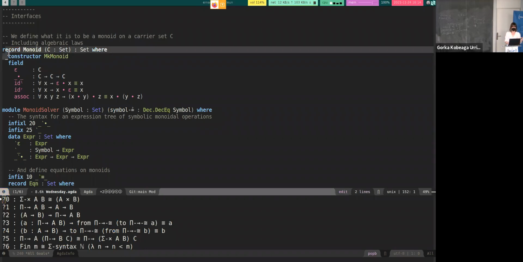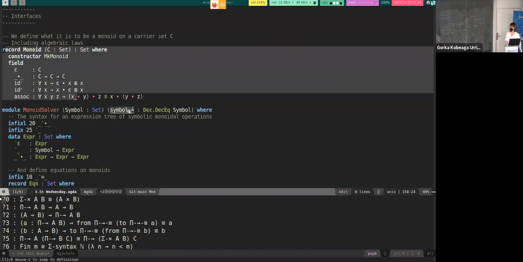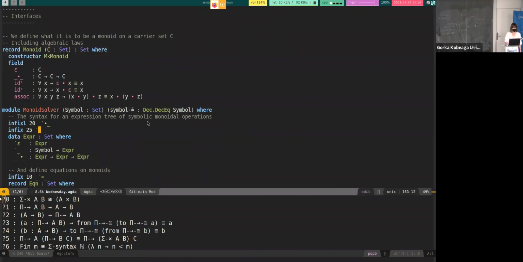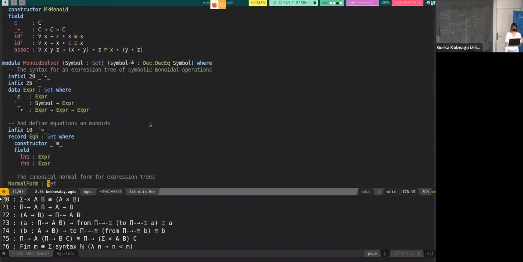As we saw before, we defined what it is to be a monoid, and now we are going to define what it is to be a monoid solver. So this is a module, and it takes two parameters. So this is a parameterized module. I think it's the first one we see. And the way that behaves is whenever you refer to a function inside of this module, you will need to pass these two things as the first two arguments. So for example,